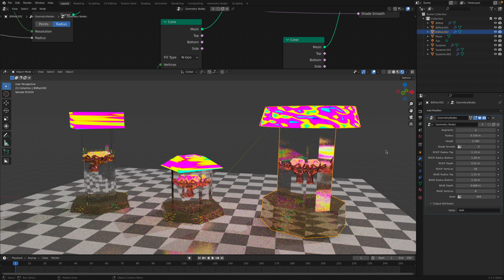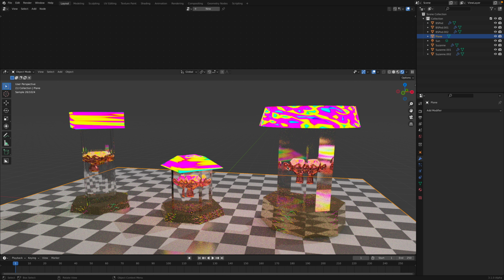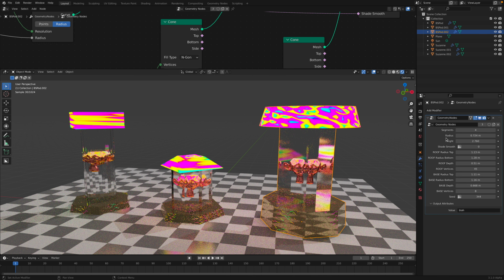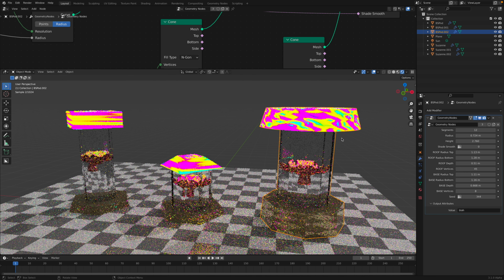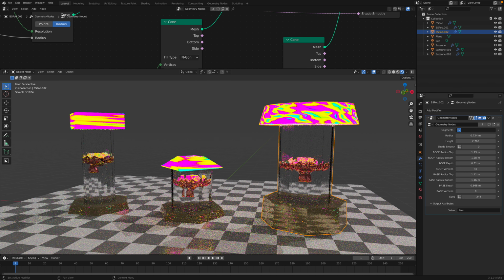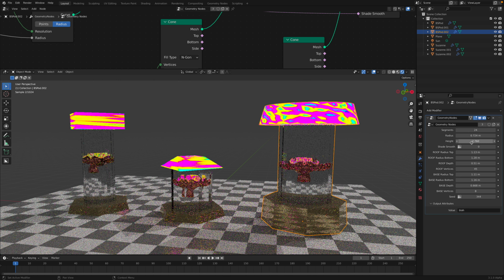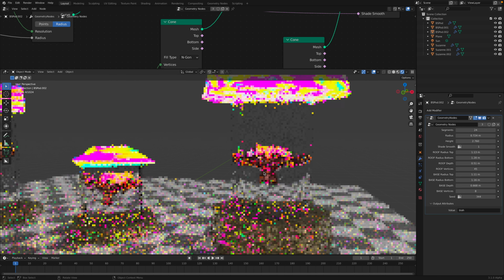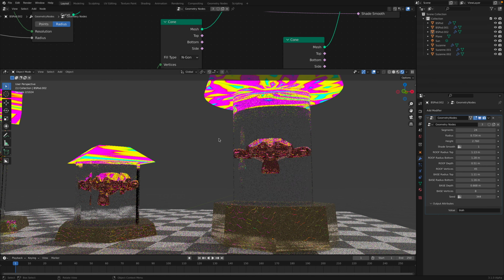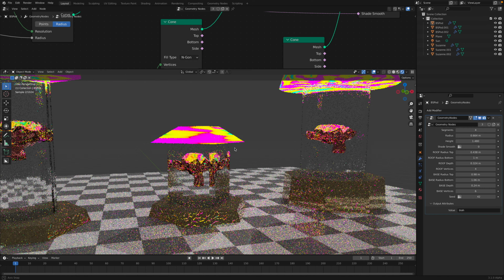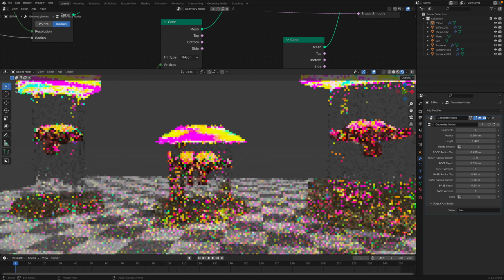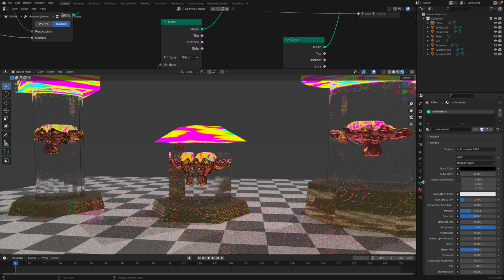Everything else is just randomizations on the radius or the segment. Let me check. I think I have something, for example, yeah, I can make it more cylindrical. I can control the shade smooth, so it's more like a tube. This one I can have segment of 4. I can make it more like a pyramid. And then all the shaders,